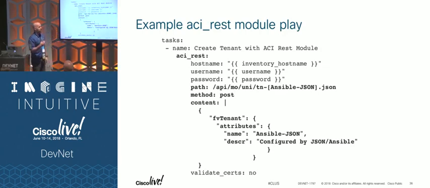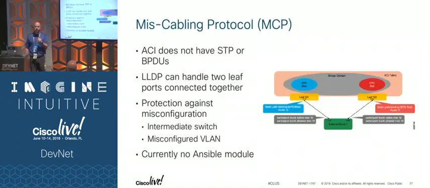Now, you may say to yourself, well, Thomas, that's great, but we already have a module that covers creating tenants, right? So let's look at something where we don't have a module, the miscabling protocol. I'm not sure if any of you are using the miscabling protocol. It is considered a best practice in your fabrics, but there's no module for this. And I'm not necessarily using this because I want you all to run out and configure it. You should, it's a best practice. But it's just an example of something where we don't have an Ansible module pre-set up to do